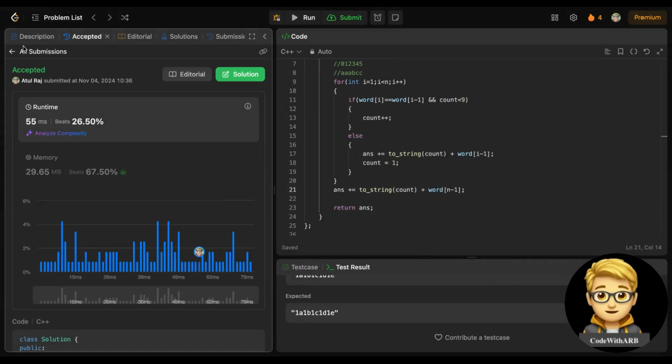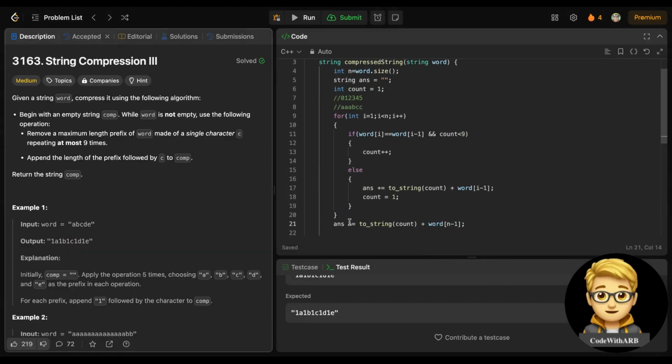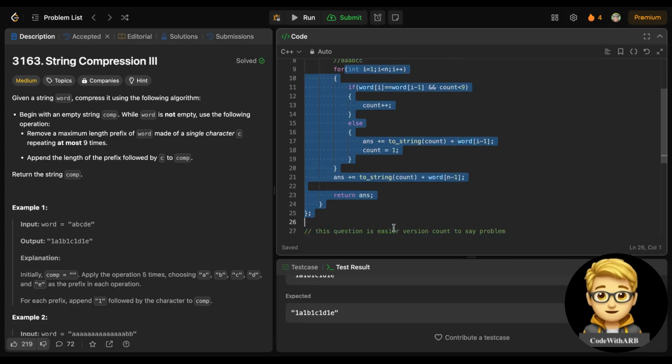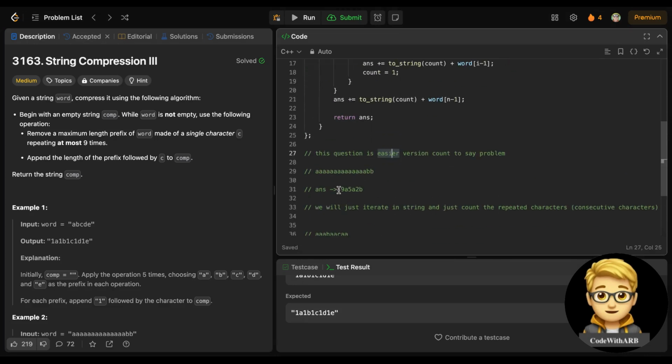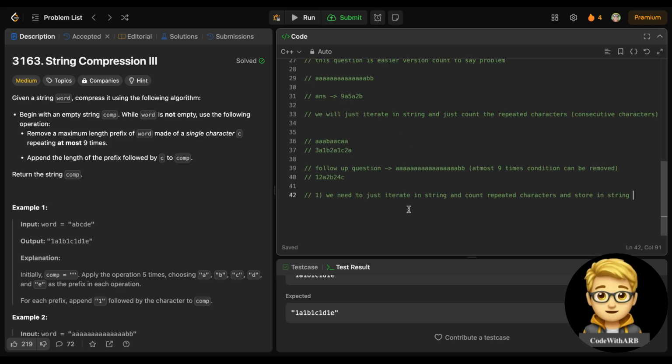So we have successfully passed all the test cases, so basically it's just an implementation question, and the follow-up question is what if the at most 9 times limit is removed, right? Then how will you store that, right? The time complexity of this problem is of course O of n, which is the size of the string, and for the space complexity, if you consider the answer,